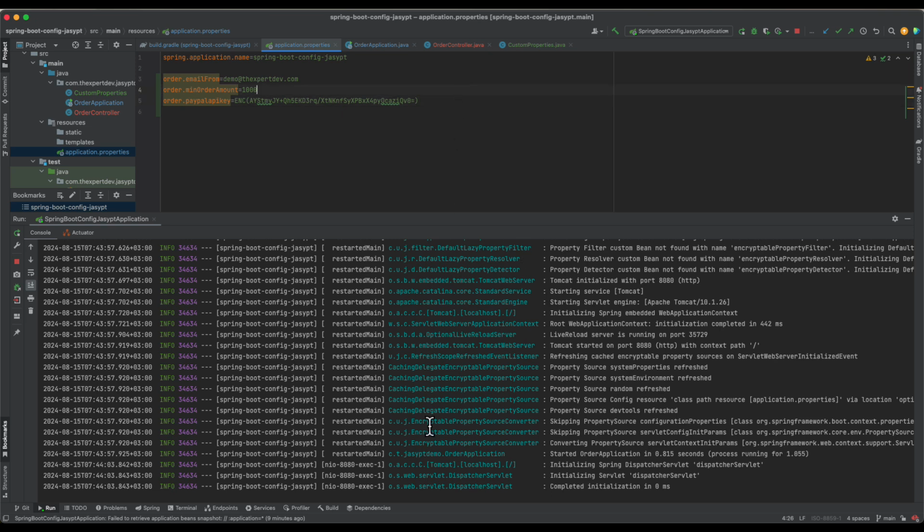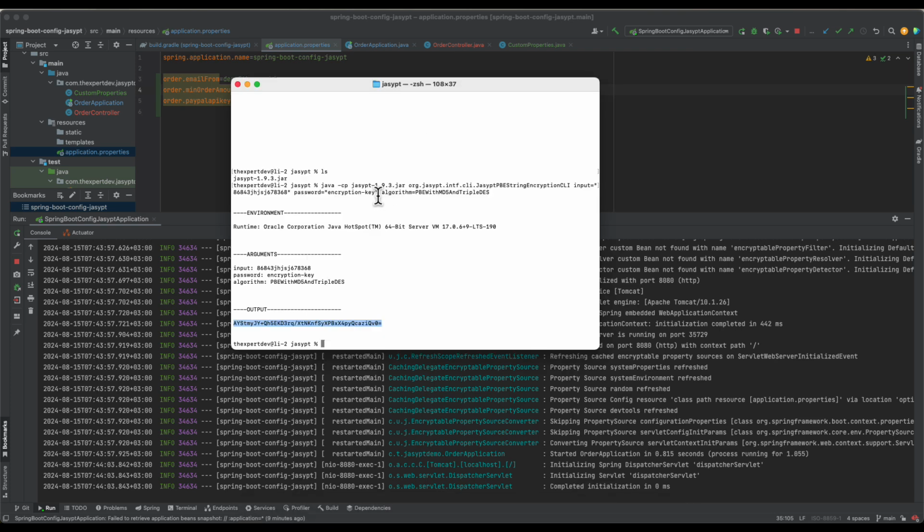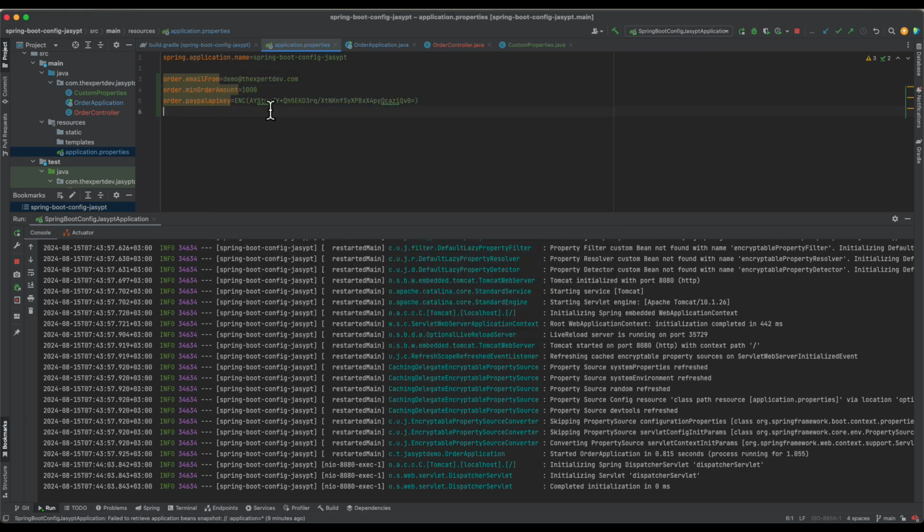Okay, so coming back to our project, we've added that. So this command will generate an encrypted string. As you can see, after running that command, this one generates an encrypted string, and this is the string that we've gone ahead and put in our application.properties or application.yml file. Also remember that you need to configure Jasypt with the encryption password so that it knows how to decrypt these values. So we'll need to add the encryption password to the properties file, and we can do that